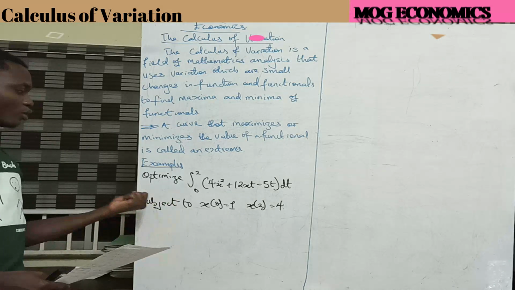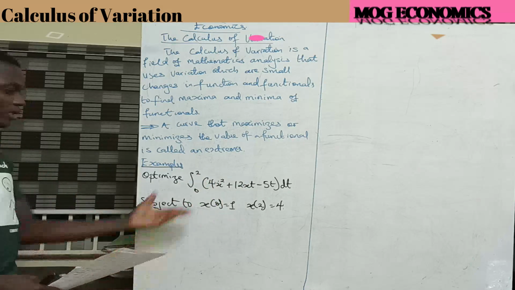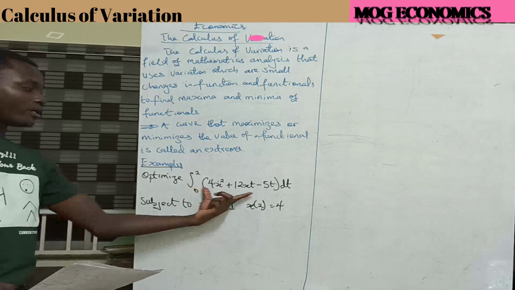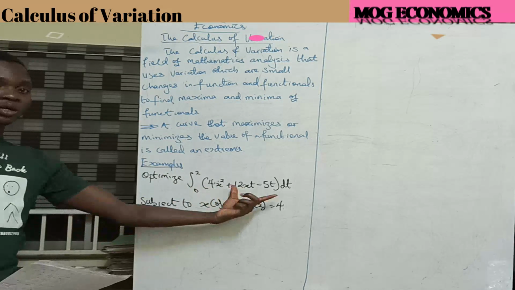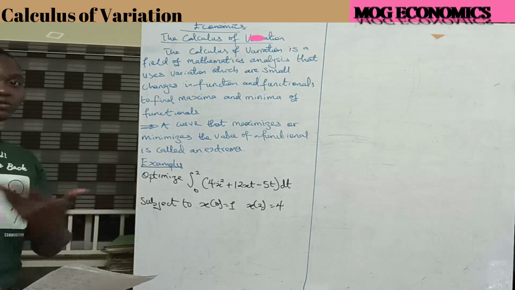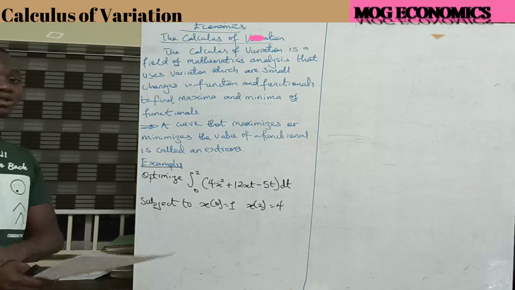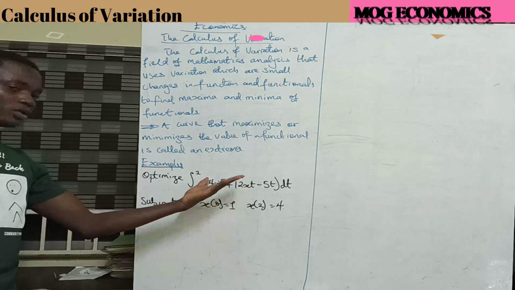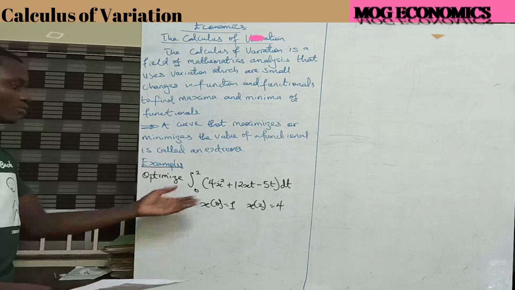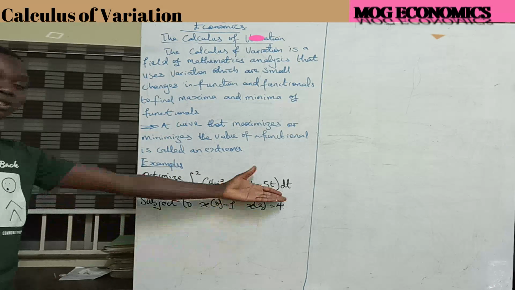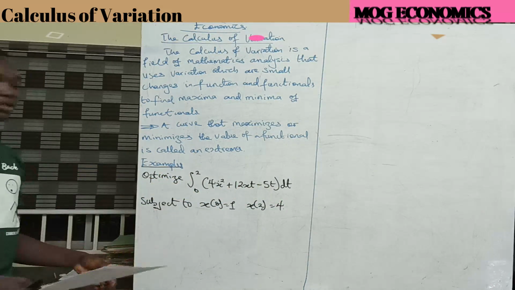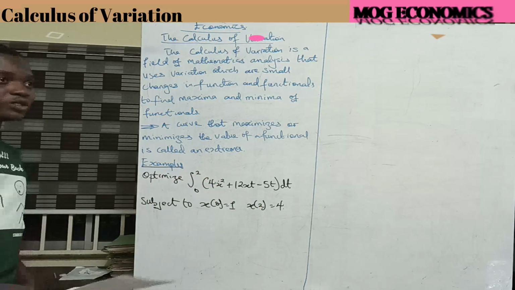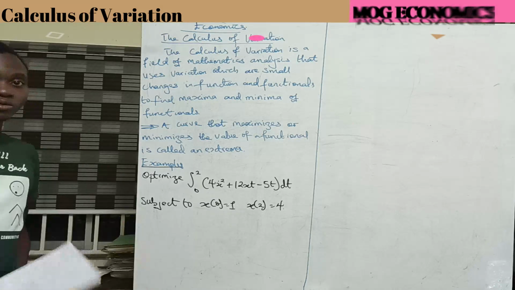So we have a function like this. We have to optimize this function subject to these constraints. What you have here is what is called a functional. So what you're optimizing is what you are calling the functional. The optimization might be to minimize or to maximize, but whatever it is, whatever is inside the integral is your functional. Then we are integrating with respect to t. T is time. Then we have the upper bound and the lower bound. It's subject to this. So when we move into a different topic, optimal control theory,